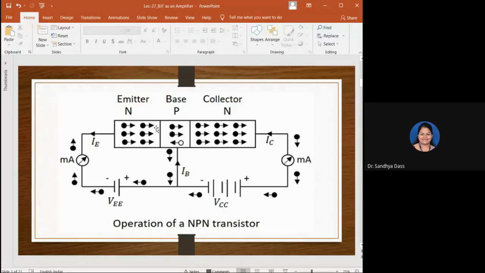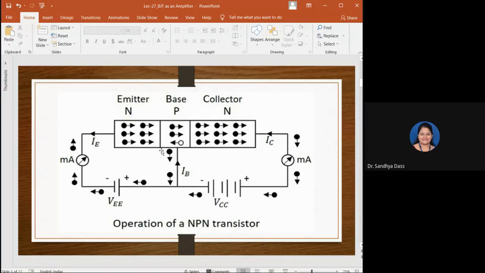If there was no biasing, there was a depletion region. Because of the depletion region, there would be barrier potential. In order to remove the barrier potential or the depletion region, you have to apply a voltage that will cross the barrier potential. So for silicon, it is 0.7 volts, and for germanium, it is 0.3 volts. So that is the voltage required to remove that barrier potential. That's why we say it has barrier potential or the cut-in voltage, right?